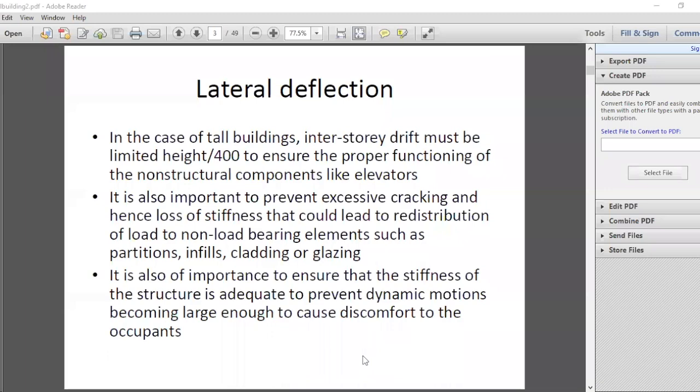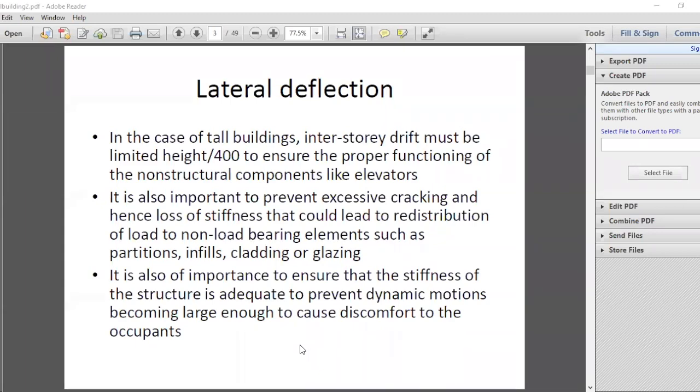It returns due to the stiffness. But as it slows down, there will be an acceleration on the building. And then when it comes back at the center, you will get the maximum velocity. And as you go to the end, again, you will get the maximum acceleration. So this acceleration can be felt by people. So when you are designing a building, again, you have to make sure